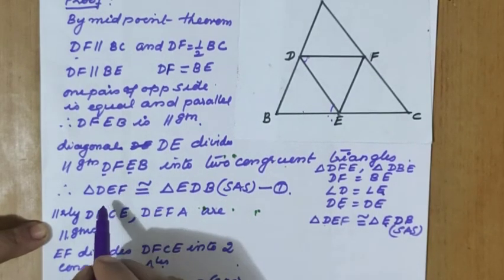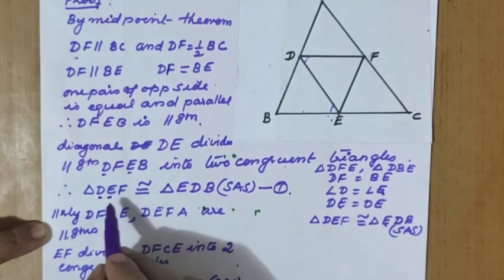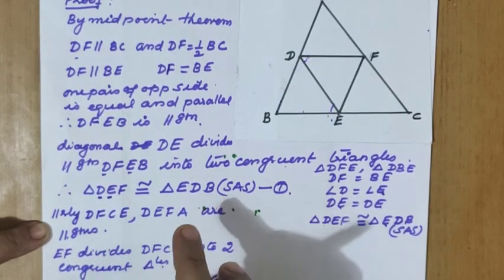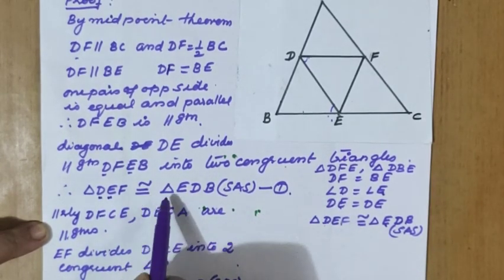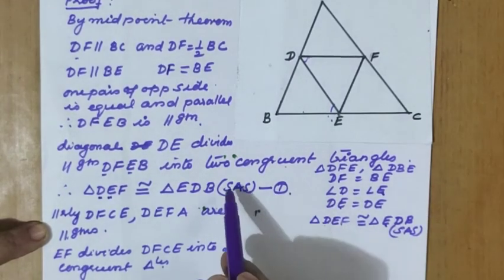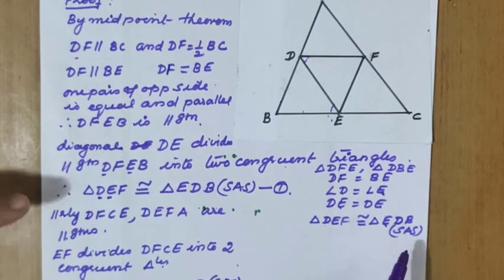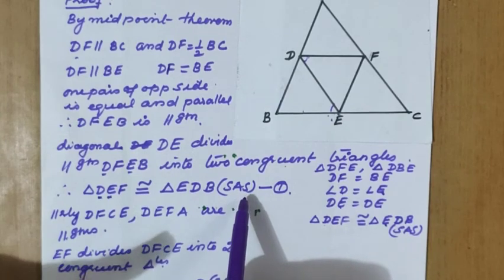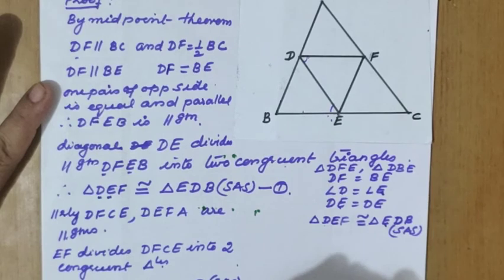What is the diagonal you have decided? See, D and E. So it will be taken in reverse order. In place of D it will come E, and in place of E it will come D, because it happens by the alternate interior angle concept. So triangle DEF congruent to triangle EDB, SAS criteria. If anybody is having doubt for this, they can use the steps. It is not compulsory, because for marks you have to write many steps. So the criteria you should remember, either SAS or ASA, and the order should be correct. Congruency order is very important.